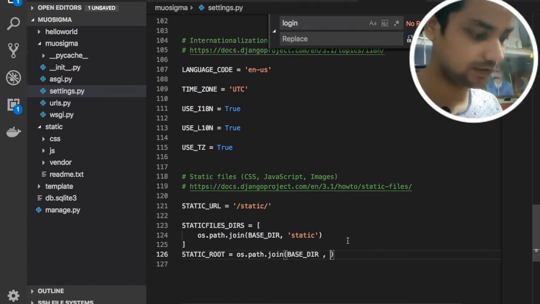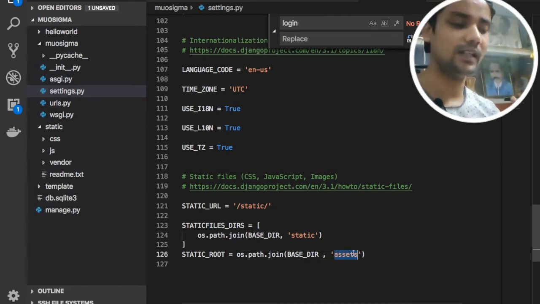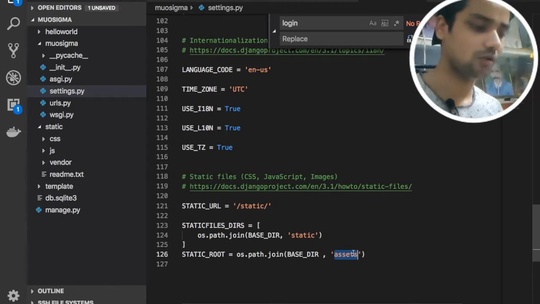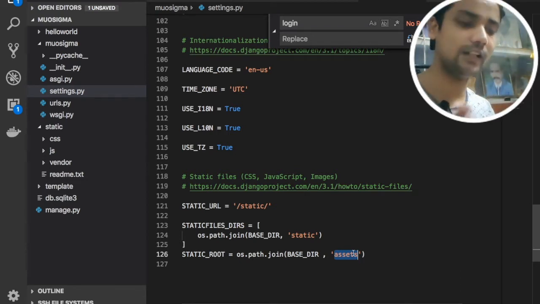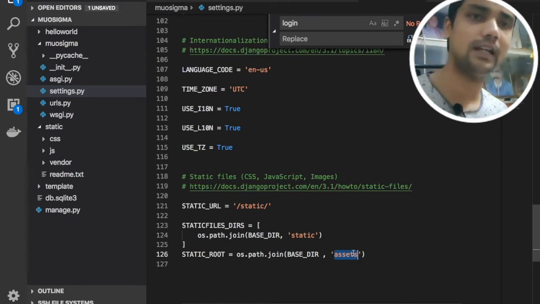We need to specify some name, for example I am setting assets here, because inside this assets folder all the JavaScript files, CSS files, vendor files, and image files will be placed.